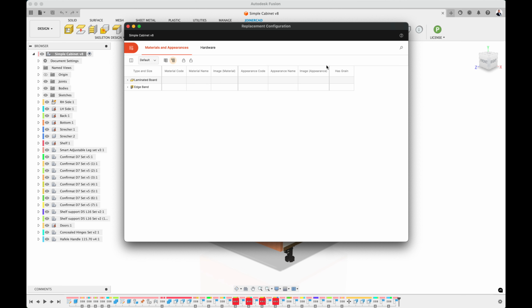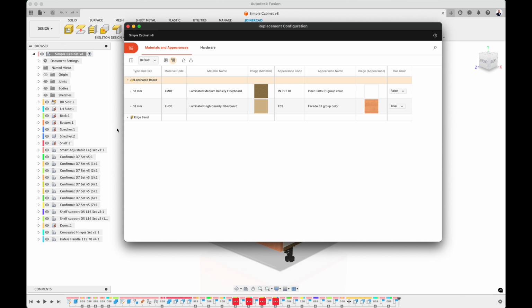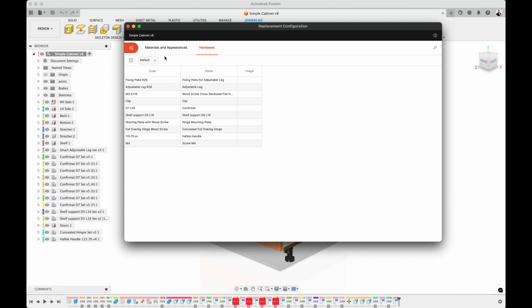By expanding the material types, you can see the thicknesses and materials used in this model. By going to the Hardware tab, I can see which hardware has been used in my model.